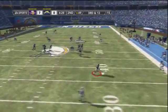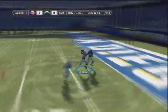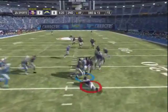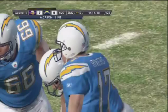McNabb is going to scramble out of the pocket. He's just going to launch one deep towards the end zone. That's picked off by Antoine Cason, looking for Michael Jenkins. Cason's going to return it. He's going to get up towards the San Diego 16-yard line before he's taken down,